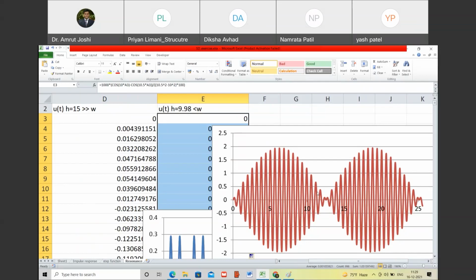where the response is bounded. But when the forcing frequency becomes exactly equal to omega, you will observe that the response becomes unbounded. It goes on increasing. Are you with me? Naturally, this response, which goes on increasing at resonance, is not going to happen in any of these structures. Why? Because these structures have energy dissipation mechanisms inbuilt in them. उनमें energy dissipation कुछ ना कुछ रहता है. So this understanding of resonance phenomena is theoretical.